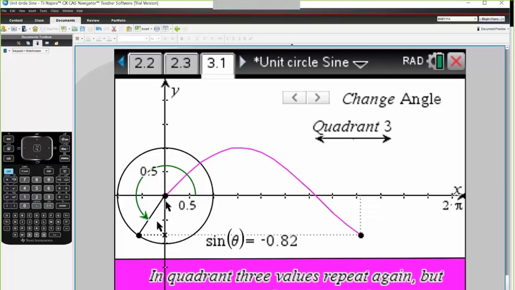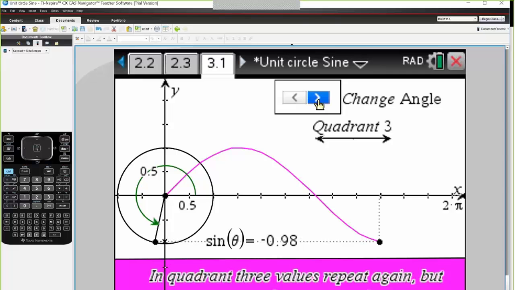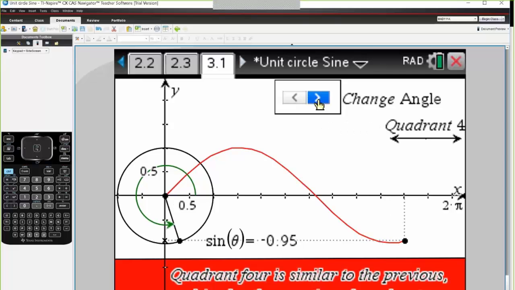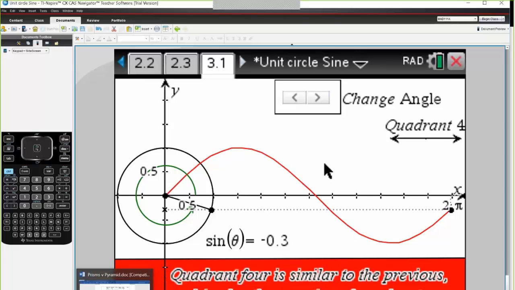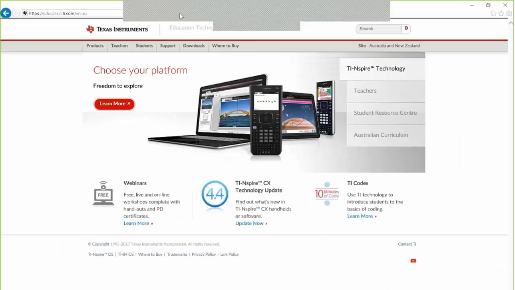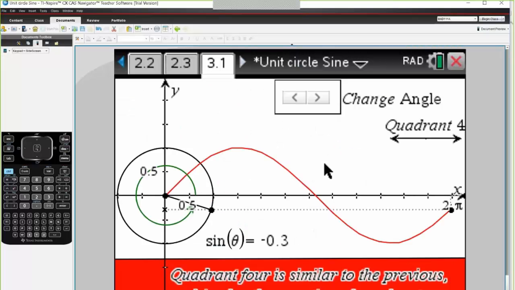This last one here, what you're able to do is change the angle, and the students are seeing the sine graph develop from the unit circle, and giving them information, as it says quadrant 4 is similar to the previous one, negative of quadrant 1, etc. So by being able to do these, sorry, my apologies, went to the wrong screen there, we're actually able to develop that understanding in students,